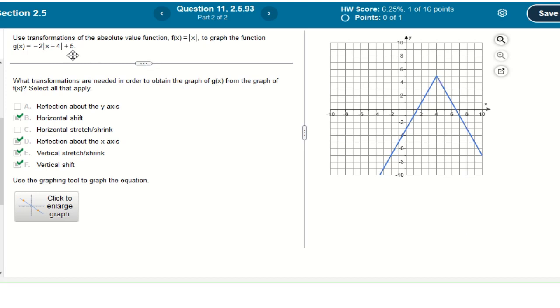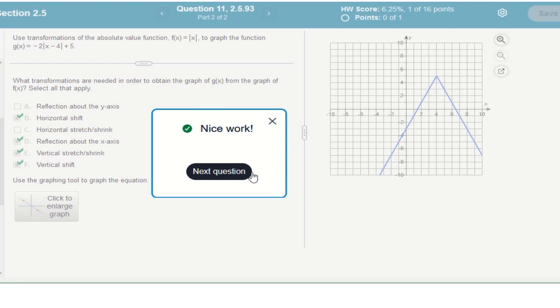So keep in mind, we plugged in 4 instead of x. So 4 minus 4, that's 0. 0 times negative 2, that's 0. So we have 0, 5. When x is 4, g is 5. And when x is 0, g is negative 3. You have to click on the mouse every time